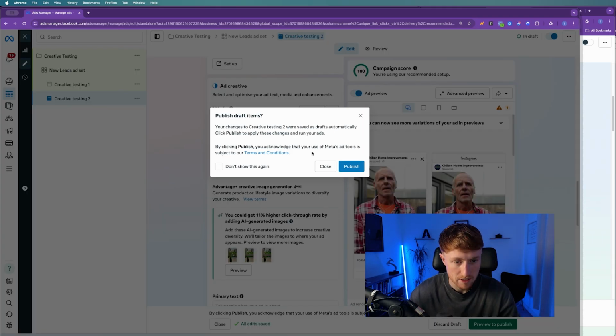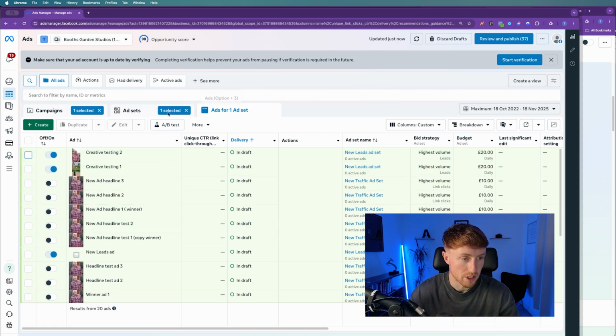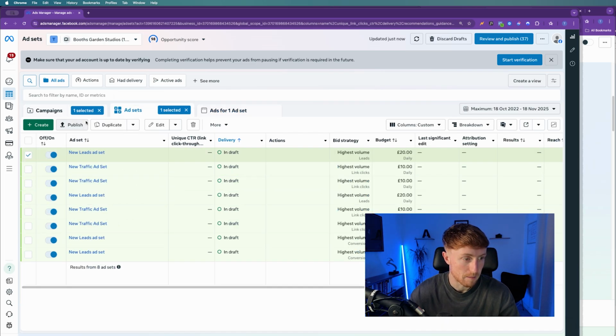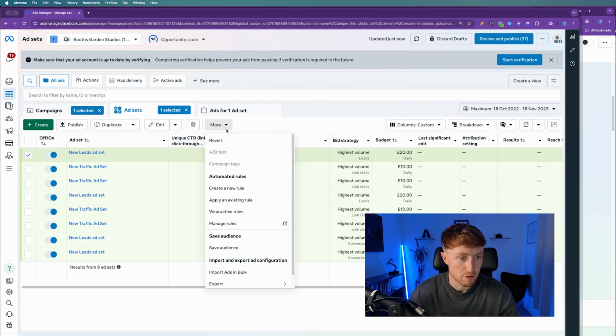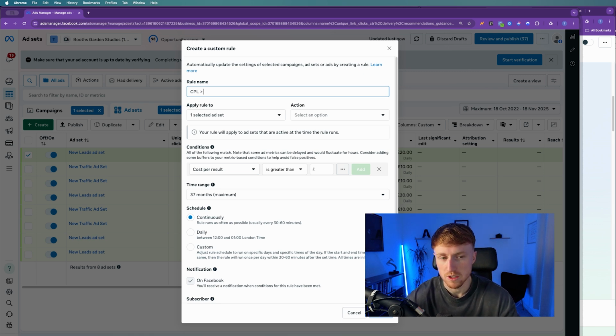and then the only difference with the rule this time is, so say you've got this stacked campaign with all these creatives, what you're going to do is you're going to obviously select the campaign, select the ad set, and for the rule you're going to create a new rule, custom rule, CPL is greater than. Now basically what we want here is we want it to automatically turn off the ads when the cost per lead is getting too high. So sometimes it's not even the case of getting too high, we just want the budget to be evenly distributed across all the different